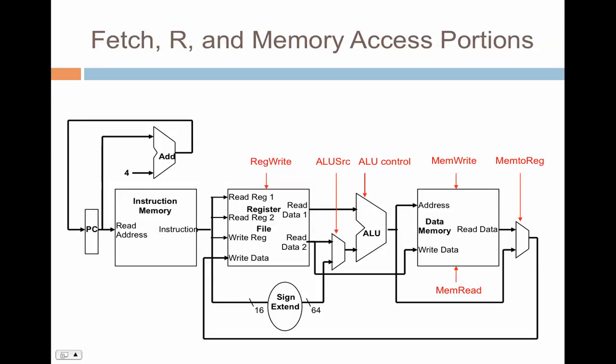So one way to optimize or improve this is to break this into multiple clock cycles. So we could design in such a way that different functional units are active at different times. And we could design a complex finite state machine which decides how the data path and control should flow for different instructions. The implementation of that would be more complex, but then different instructions will take different numbers of clock cycles. So if you do that, we can break this down into 5 cycles or 5 components, and those would be